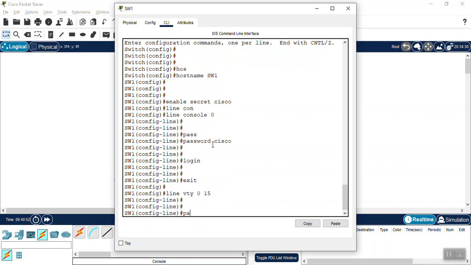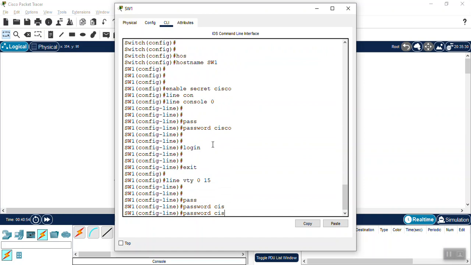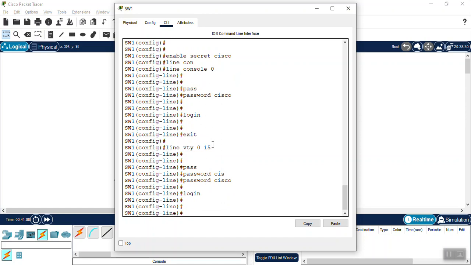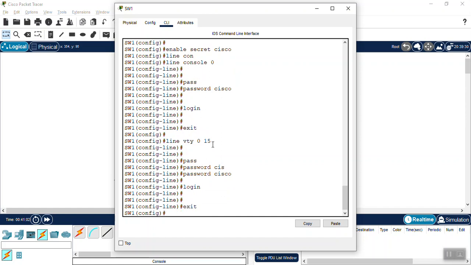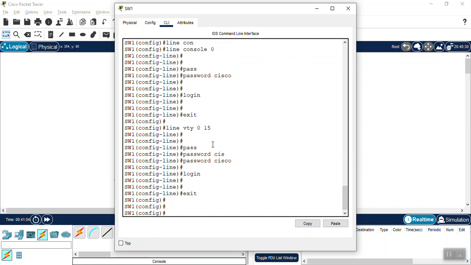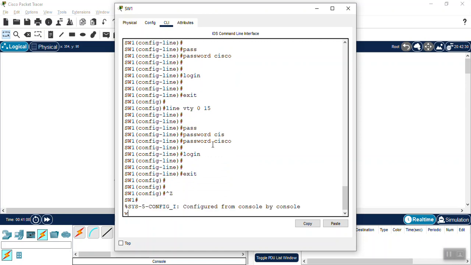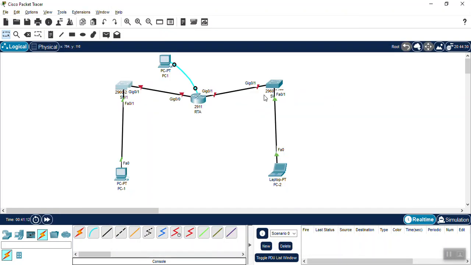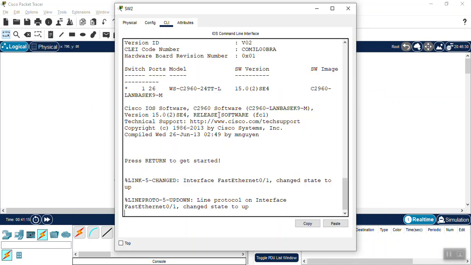Then password, we write Cisco here, and don't forget the login command. Then exit from here. Got it? Control Z and WR. Now we will go to switch 2, and we will configure the same configuration there.